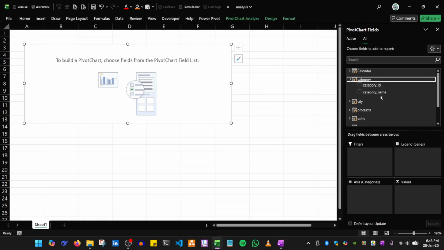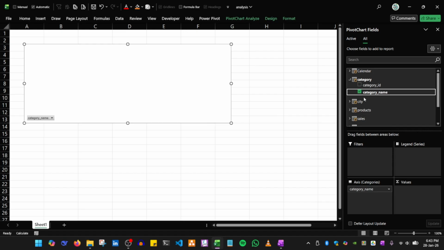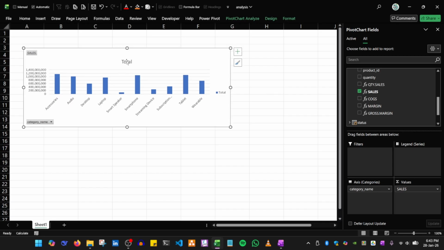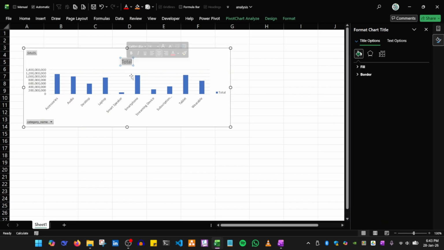So I have category here. Let's grab the category name, and then sales, sales, just like that. And then you can see that we have this sales by category chart here. So we can name it sales by